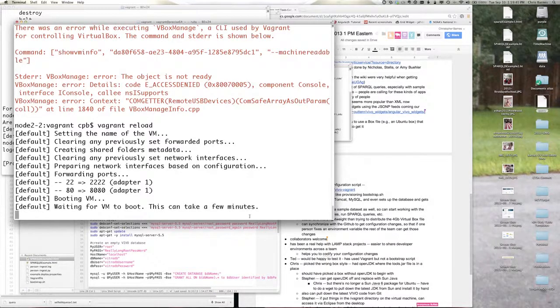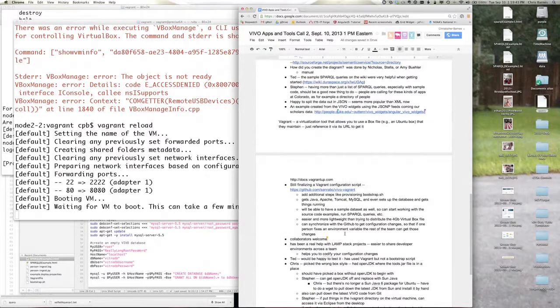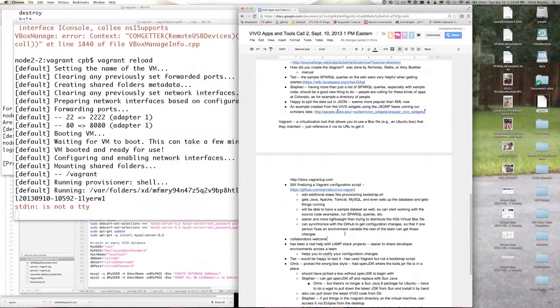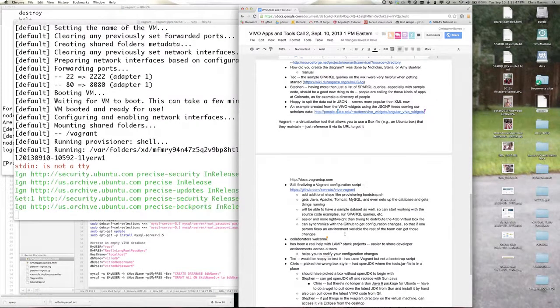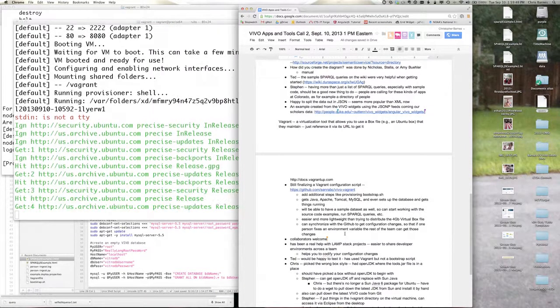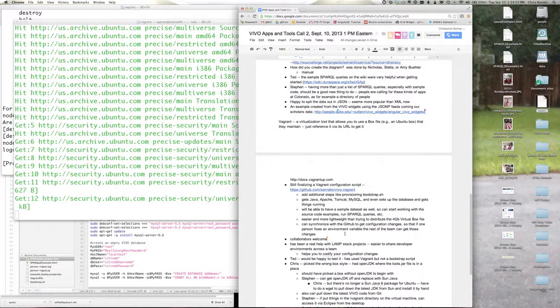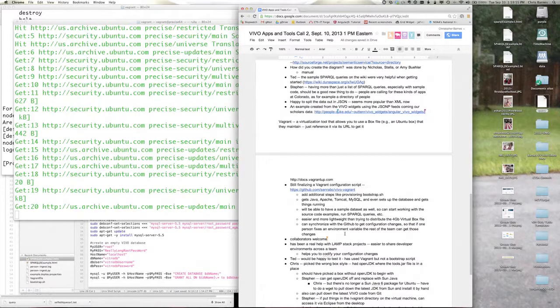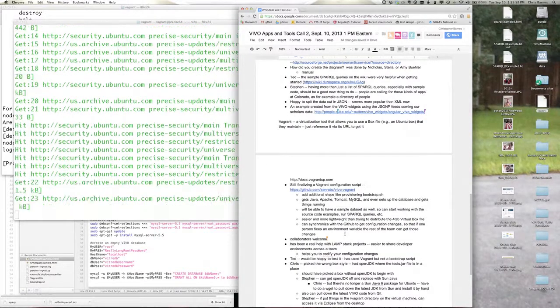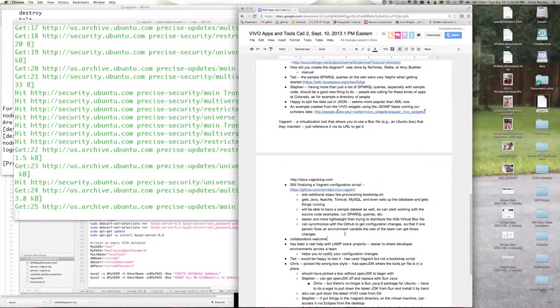So this will be something that I'll give some updates on as I get this working better. I'd love to have some people test it out. For years and years, I've heard people talking about wanting Vivo examples, a Vivo with some data in it we can just blow up and play with. And I think that Vagrant has finally given us a tool where we can do that pretty lightweight and make it actually work.